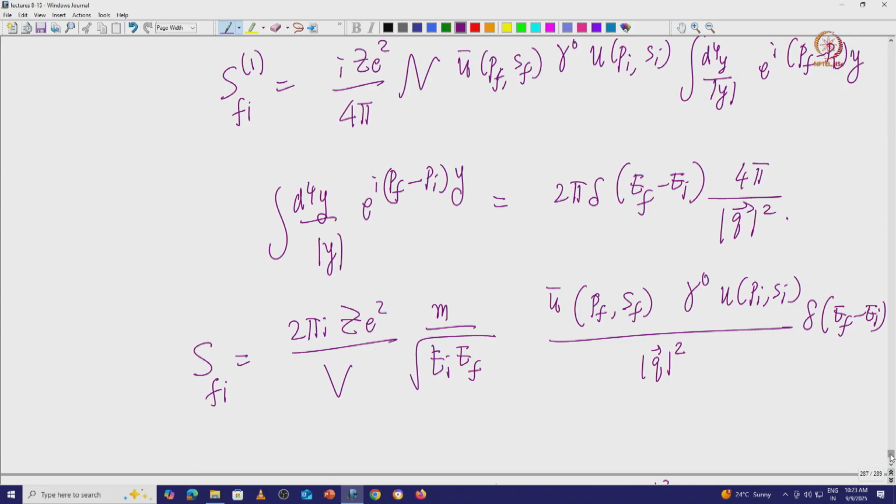So, this is a simple example of the Coulomb scattering which you can use. Let us take one particular example of Coulomb scattering, say neutron proton scattering, or electron proton scattering, which is a very interesting process, because this is exactly the same as Coulomb scattering. We will revisit it again and again.